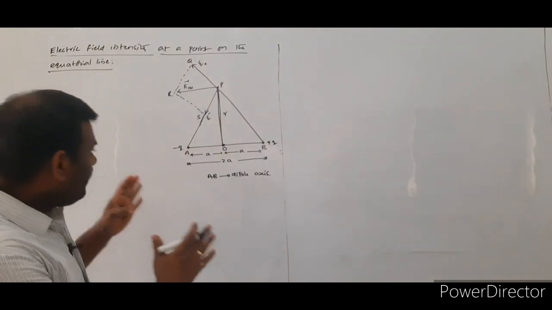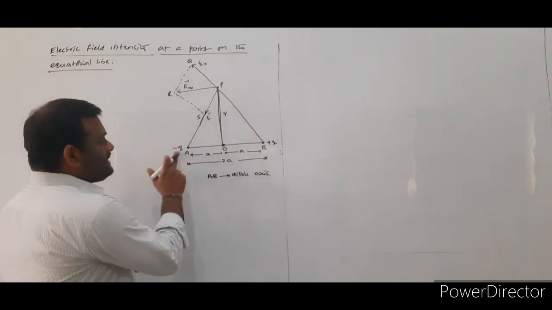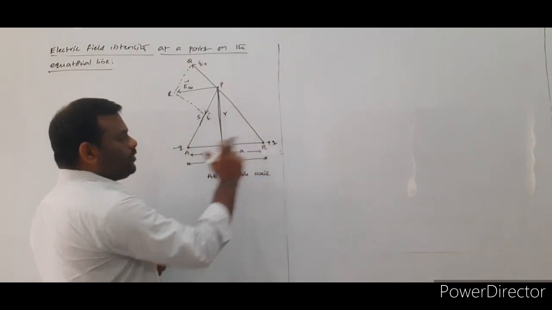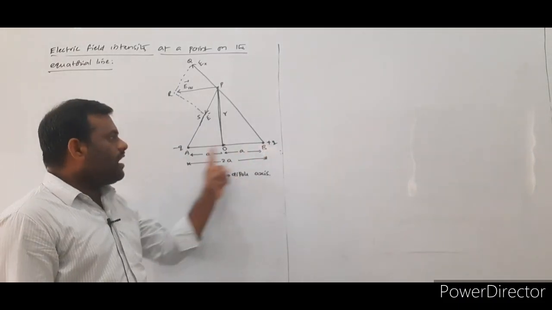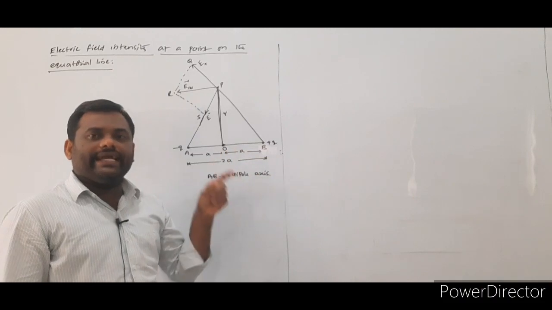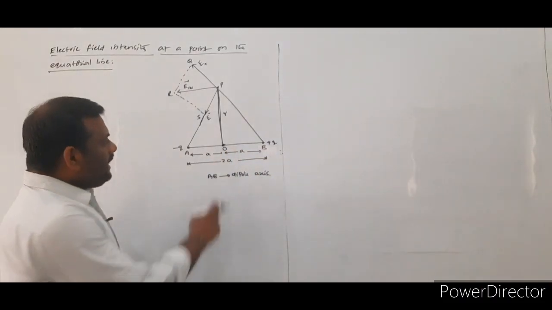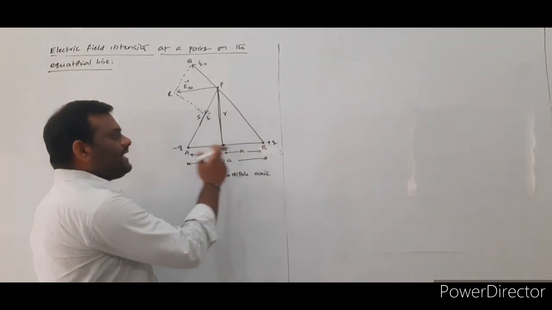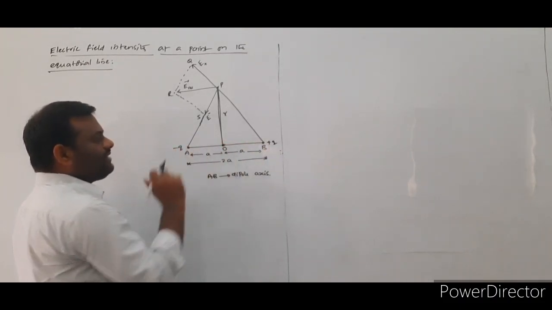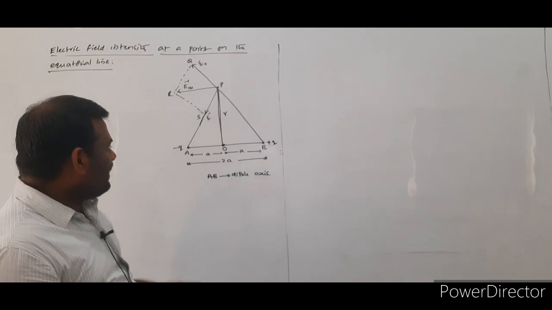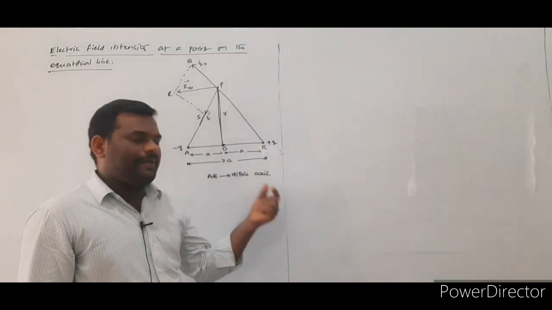Now, I consider one dipole which consists of a negative charge as well as a positive charge, and those two charges are kept at the points A and B respectively, as indicated in the given diagram. Here O indicates the center of the dipole, and these two charges are at equal distance from the center of the dipole. Their distances are measured as small a, a respectively.